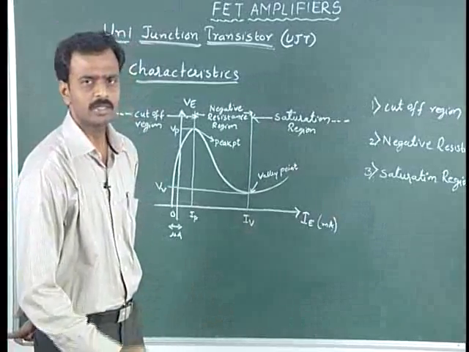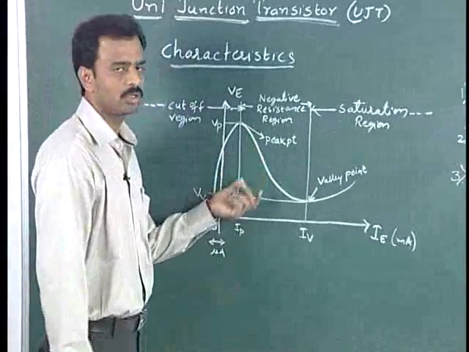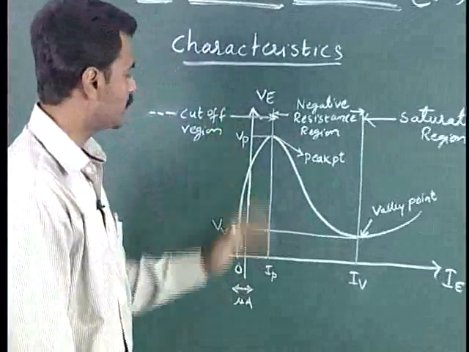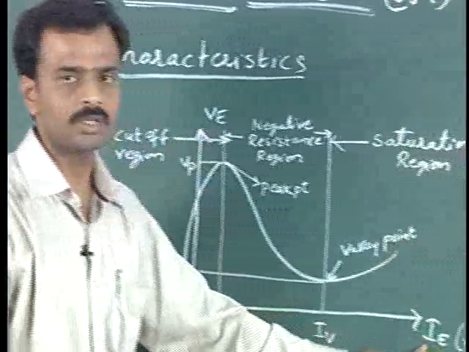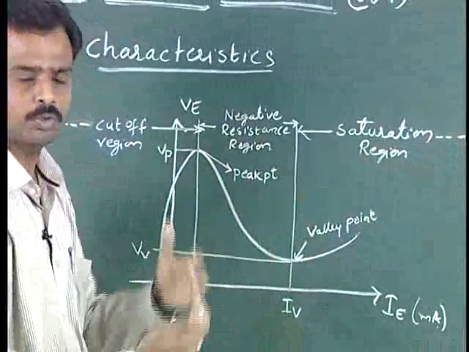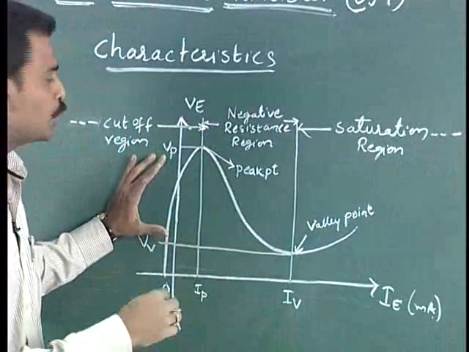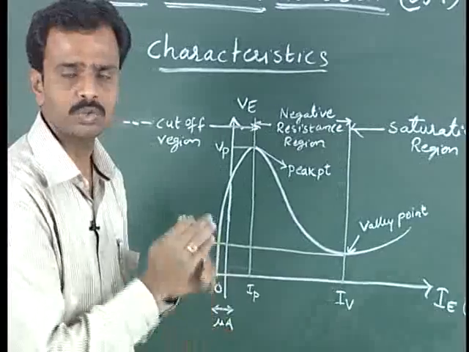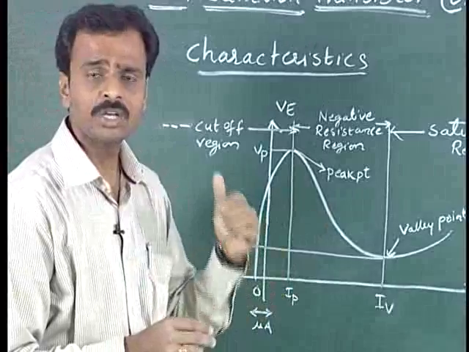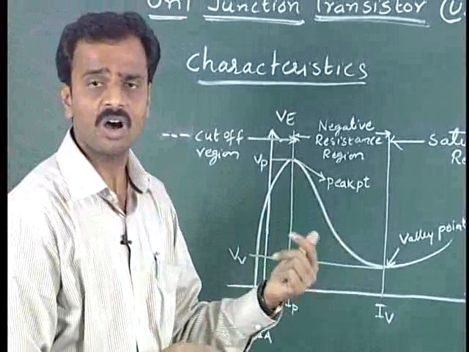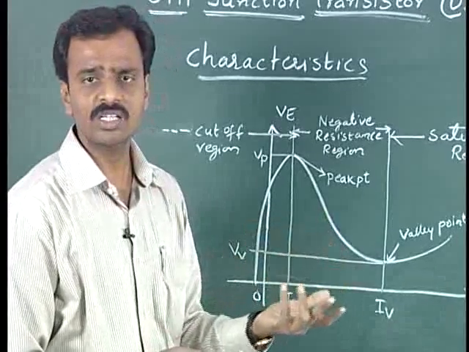Now we'll see the characteristics of these unijunction transistors. How can we plot these characteristics? Generally we take the voltage VE and current IE, which is the input, so we will look at the input side. By varying the value of the emitter voltage, the input voltage, we can turn the device off and on. As we have seen in the previous case, for case 1, as long as VE